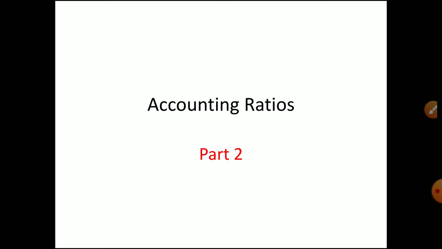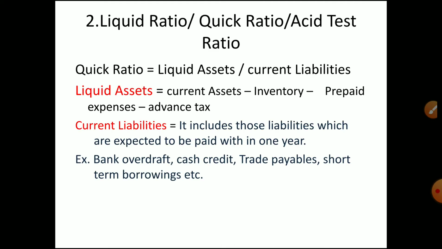So the liquidity position, solvency position, turnover or activity efficiency, and profitability, all these types of ratios are there. Different classifications are there. So first day we covered current ratio, how to calculate. Current ratio equation is current assets divided by current liabilities that we studied. Today that is coming under liquidity ratio.